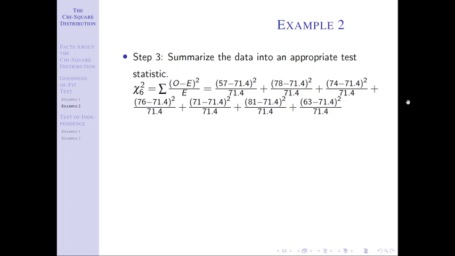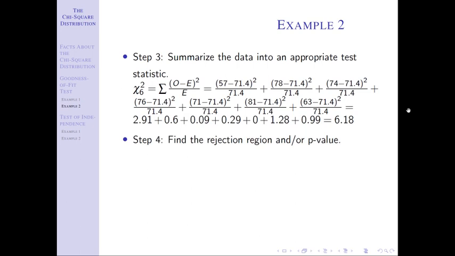In a world where I go back to that previous problem where we had the regions of the country, I could have easily said that the distribution was 28% in this region and 22% in this region and 26% in this one and 24% in this one. Well, they're all going to be different in that case. Okay, so they could be anything there, but if all the probabilities are the same, those expected counts will be the same. That makes your life a little bit easier, but it's still going to be a little bit hairy on the math there. And we would get 6.18. And then again, it's pretty simple to take it on home from here.